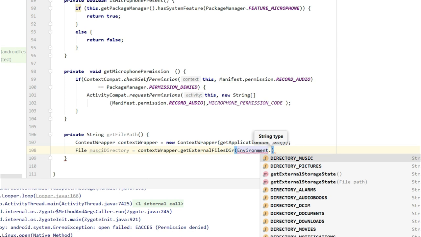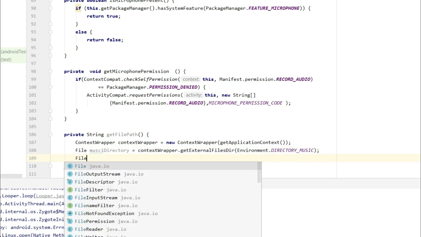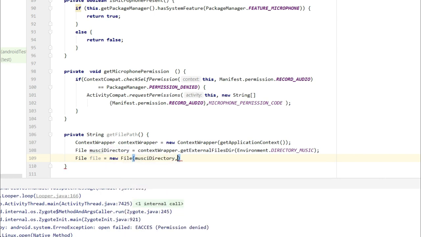I am going to get the music directory, but if you have an image, you can get pictures or downloads or any directory. And we will write the path, and we will write the name for our file.